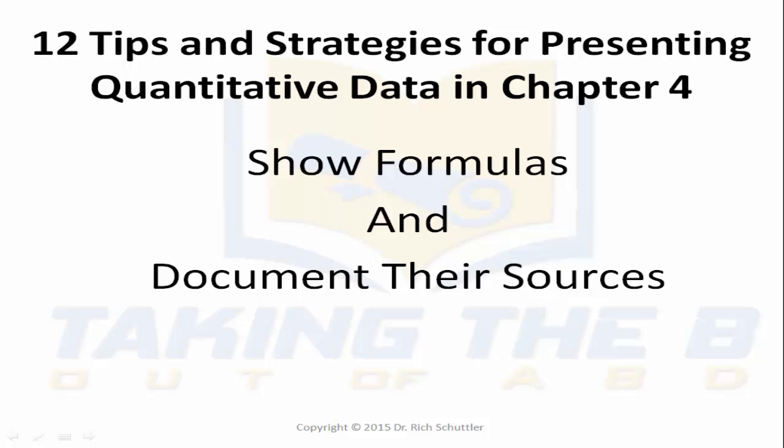Even if you picked it up through a fair share sample guideline in a textbook, that's fine. We want to make sure that we know where you got your formula. We want to know that you have the right formula, and we want to know where you got it from. This helps other people to replicate your study later, but it also helps us to understand when we look at your chi-square test, the formula, that we're sure it's the correct formula.